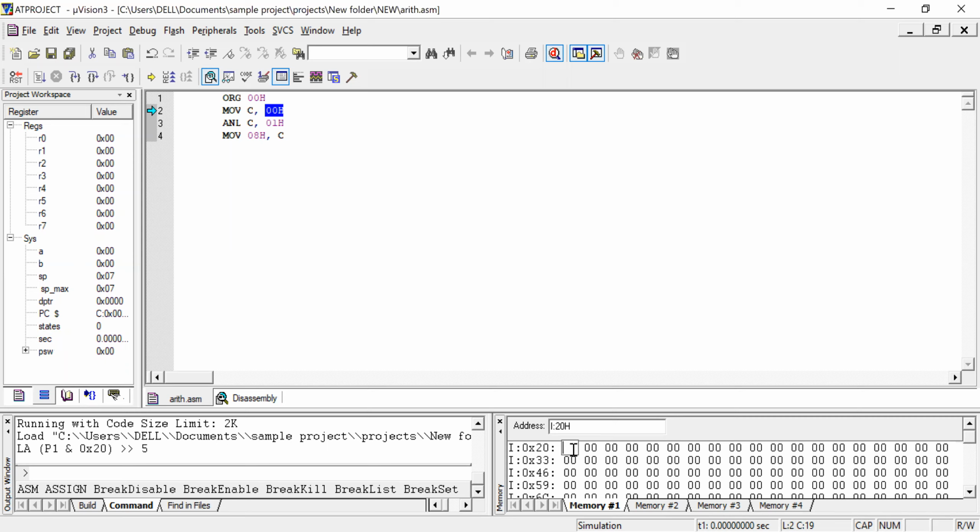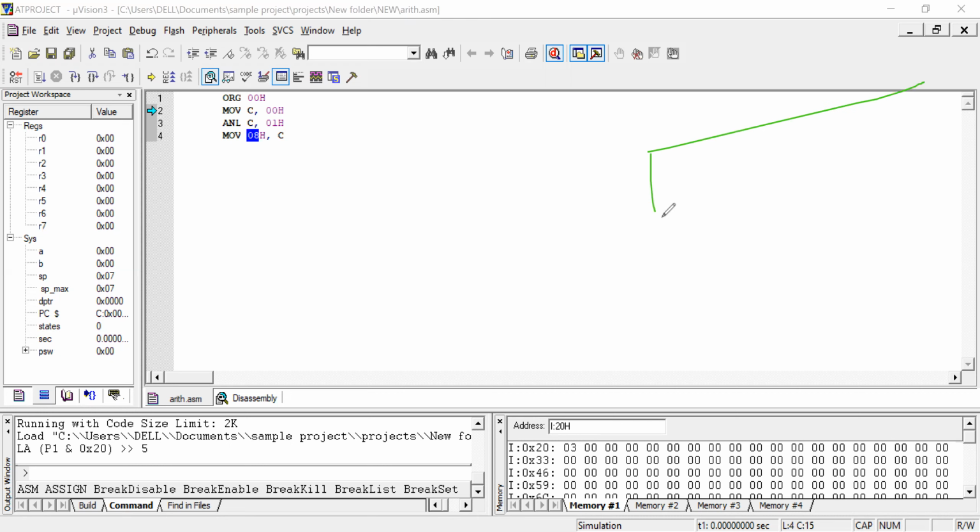I just load 3 as my data. What is my output going to show? I'm loading the carry result into 08H. Where is this 08H?